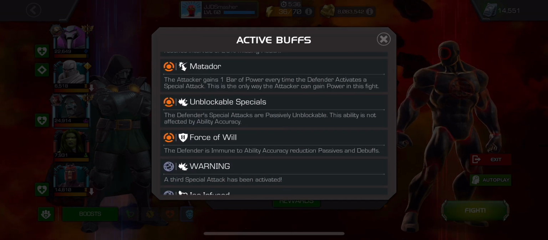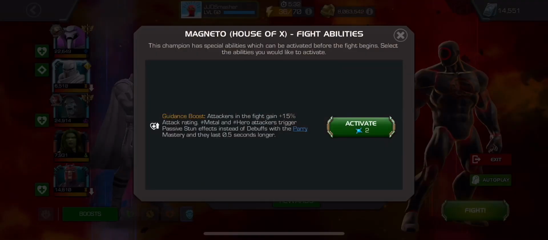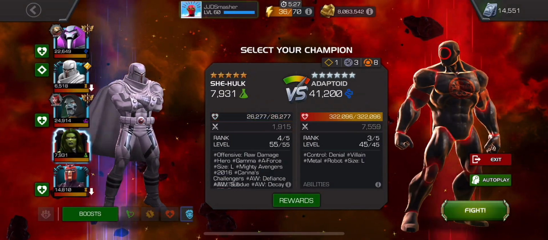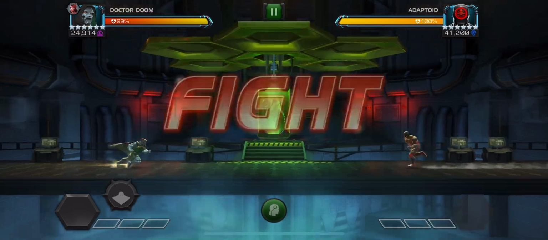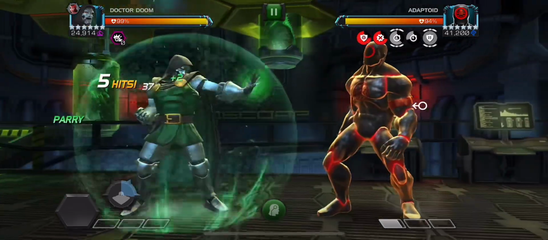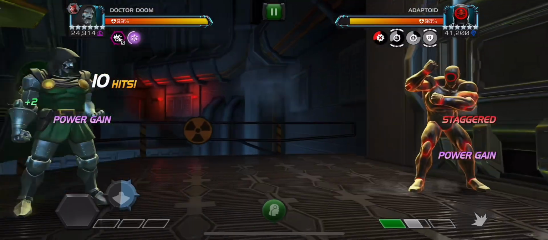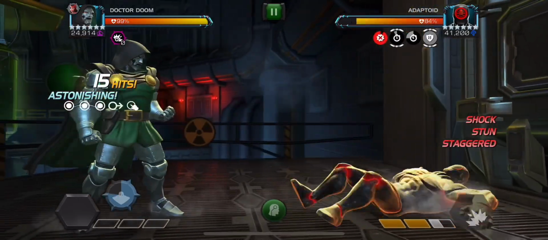So I do bring in the White Magneto pre-fight here just to ignore Limber. I would highly recommend bringing in White Magneto and then using Doom because he's a metal champ. Obviously, you can use any metal champ, any hero champ, and then you won't have to worry about the Limber. So, like I said, any unstoppable counters, Valkyrie, She-Hulk, Stealth Spidey, I think Shang-Chi, and then nullifiers like Doom. I'm using Doom here with the White Magneto pre-fight to ignore Limber, so I can just keep parrying this guy